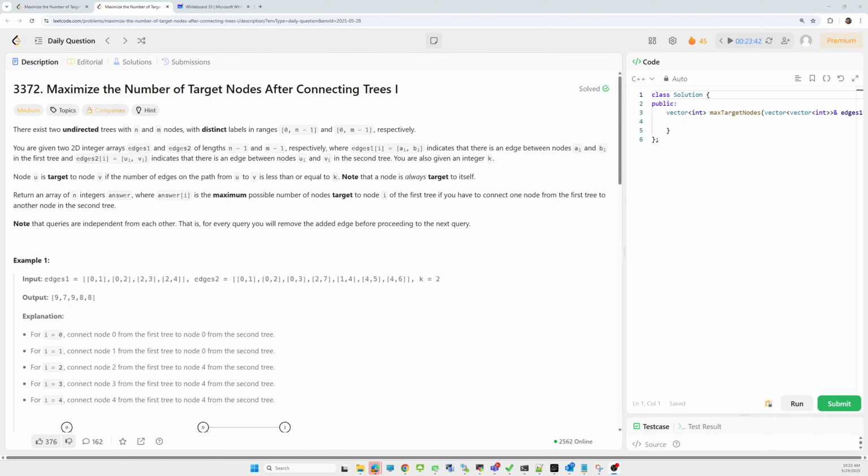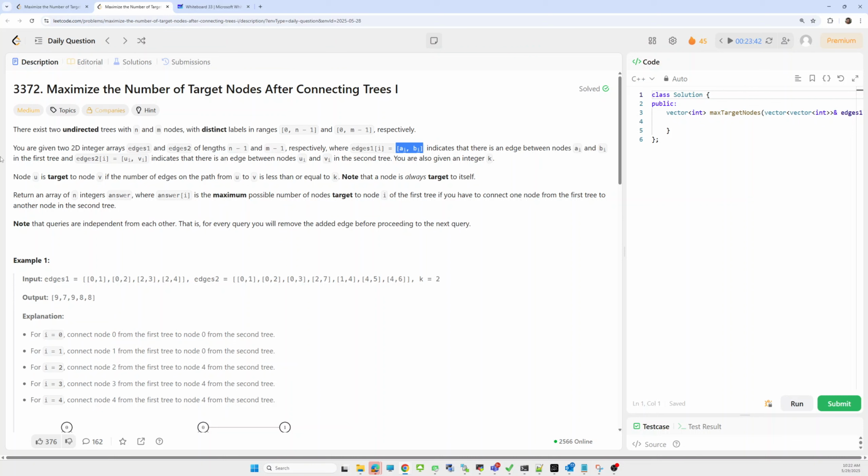And you are given 2D integer arrays edges1 and edges2, which show the edges for tree 1 and tree 2, of length n minus 1 and m minus 1 respectively, where each edge is represented by ai and bi.